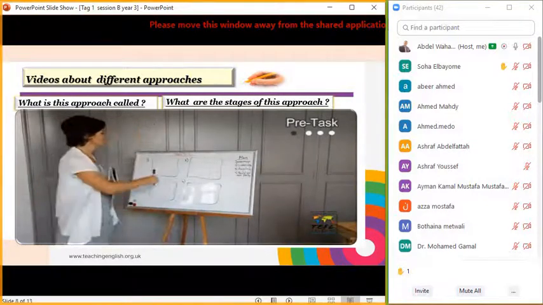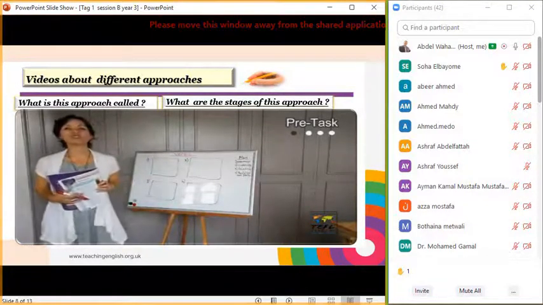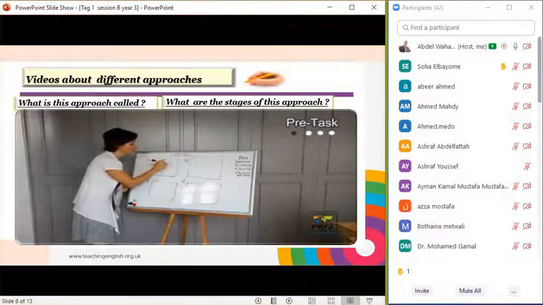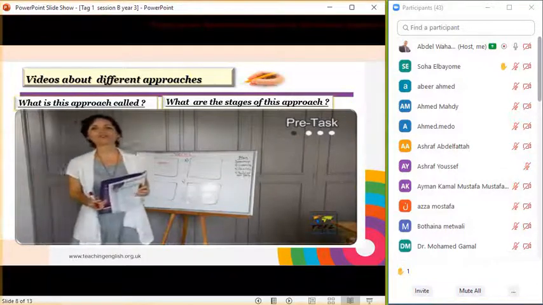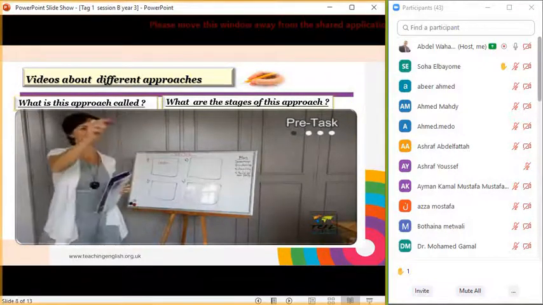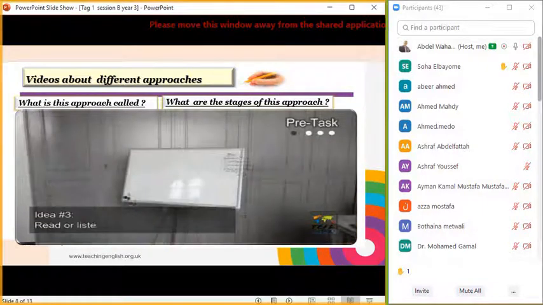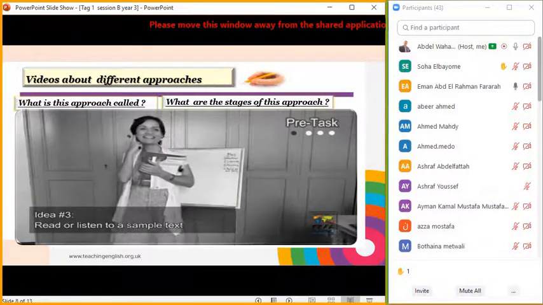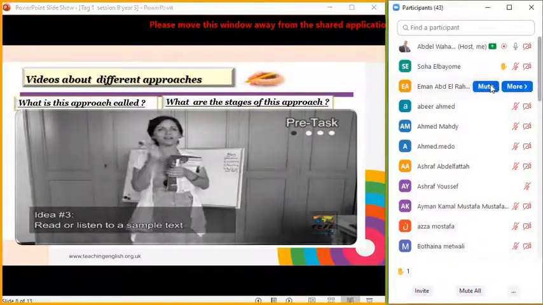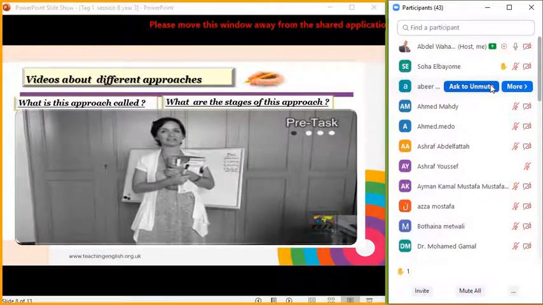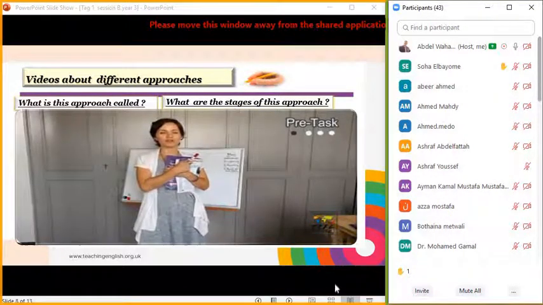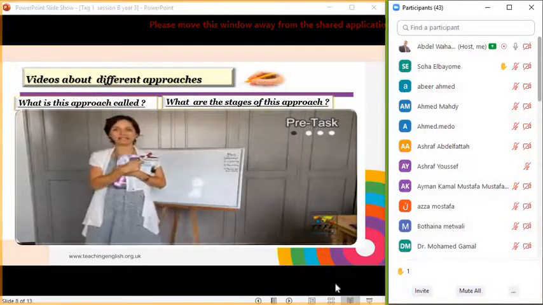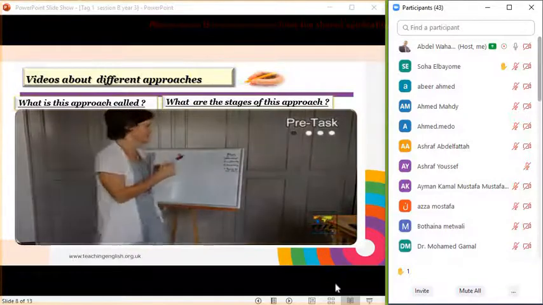Okay, let's take a look at picture number 1. What are they doing? Good. All right? They are ordering. All right? They're ordering food for the party. Good. Another one. And perhaps the most common activity would be idea number 3. Having your students read or listen to a model text that mimics the language they will use in the task ahead. Look at the picture of the people. What do you think we're going to listen to? Yes, all right, we're going to listen to them plan a surprise party. Good.